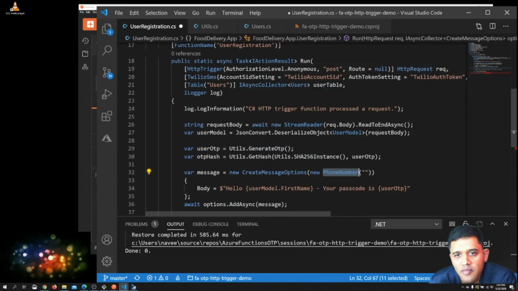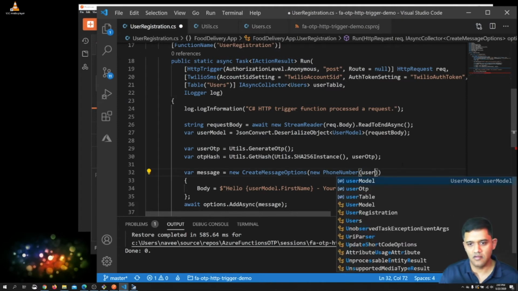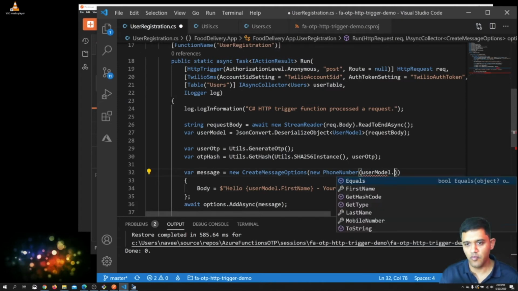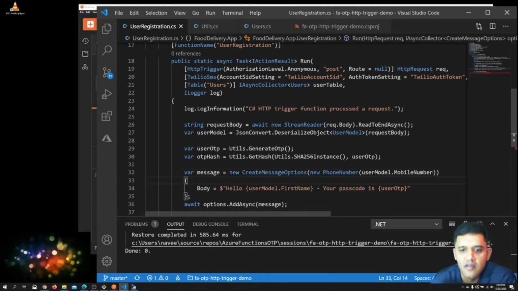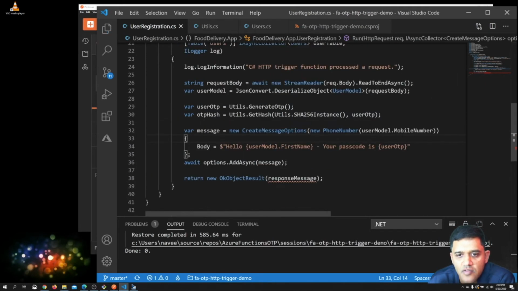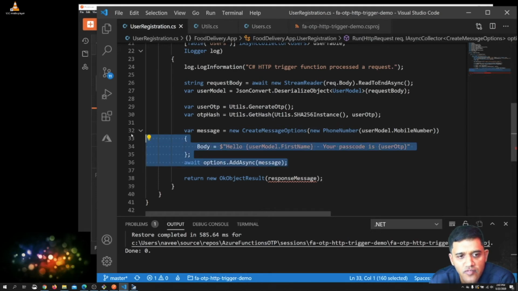For example, that will be userModel.MobileNumber. Okay. Yeah, so that's the mobile number you're going to send the OTP to. So till here, line 36, we have finished the coding for sending an OTP.